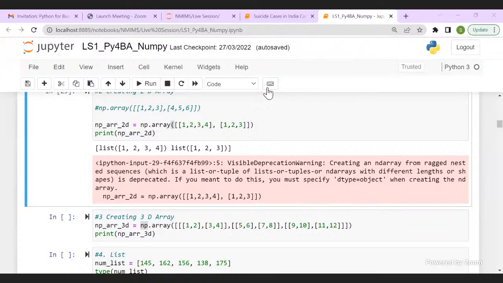Okay, you're not getting this error. Okay, Shama, can you tell me what is the version of Numpy you are using?